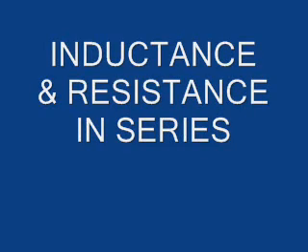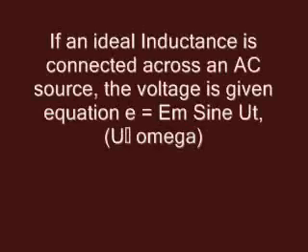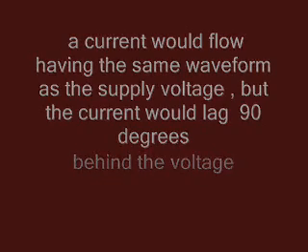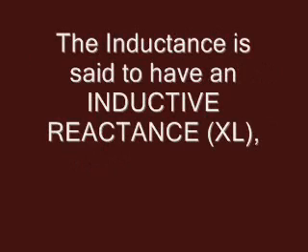Inductance and resistance in series. If an ideal inductance is connected across an AC source, the voltage is given by the equation E is equal to Em sin omega t. A current would flow having the same waveform as the supply voltage, but the current would lag 90 degrees behind the voltage. The inductance is said to have an inductive reactance XL,